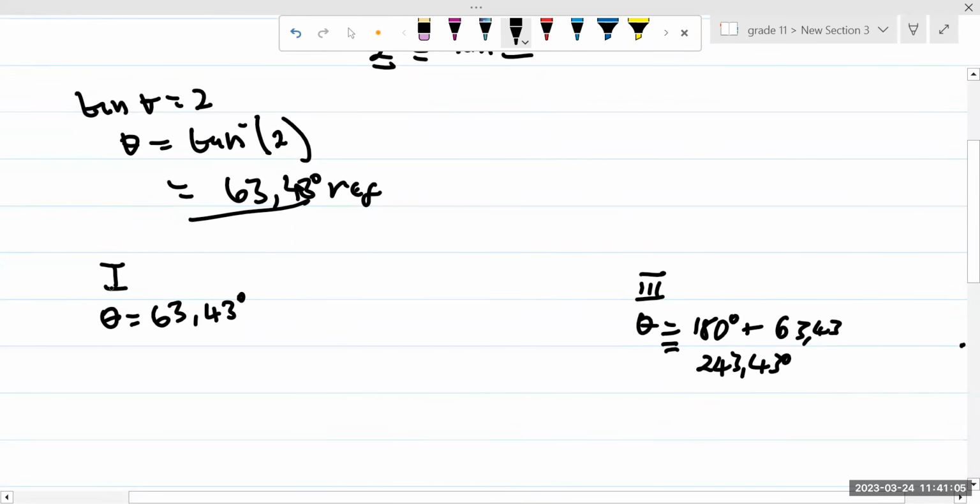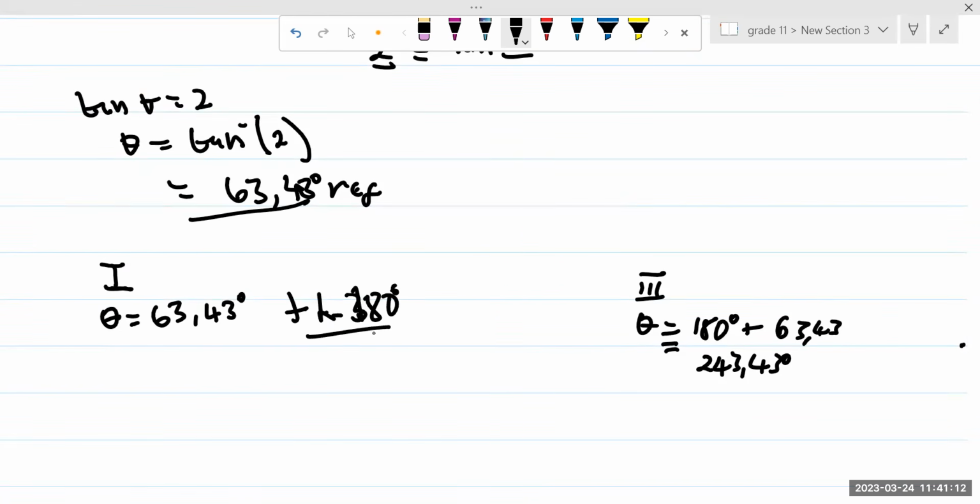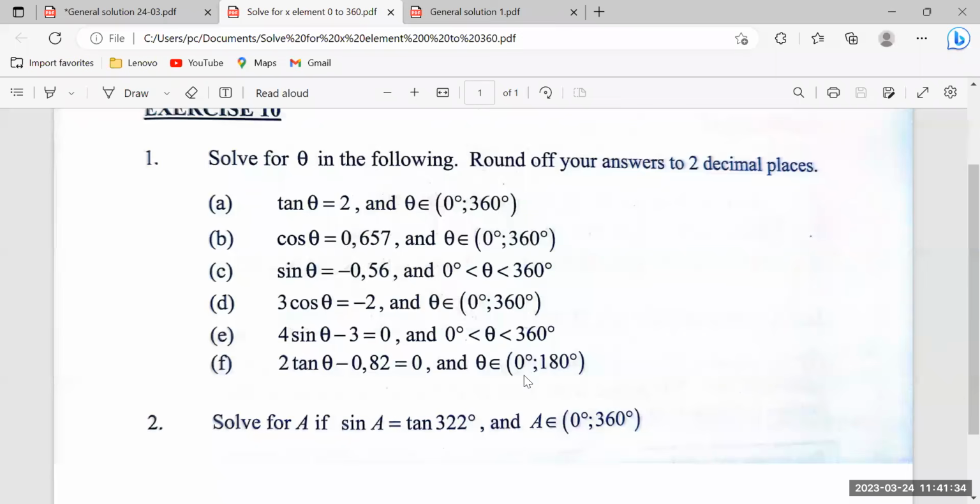According to the first cycle, I can just add k multiplied by 180, since it's tan again. And then I'm also going to come to this one and say plus k multiplied by 180 here, since it's tan. If it was sine, what was I going to add? I'm going to add 360 if it's sine, and what then? And cos. So this is how we determine the general solution. And then, as I was saying, let's just choose one here and determine the general solution. Let's do number